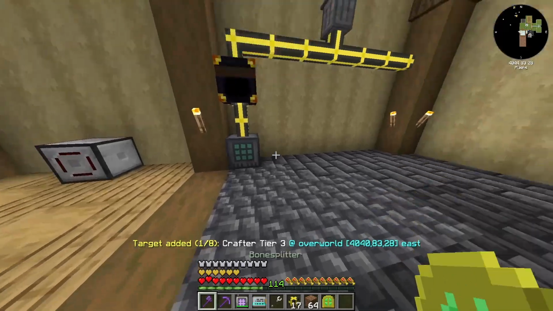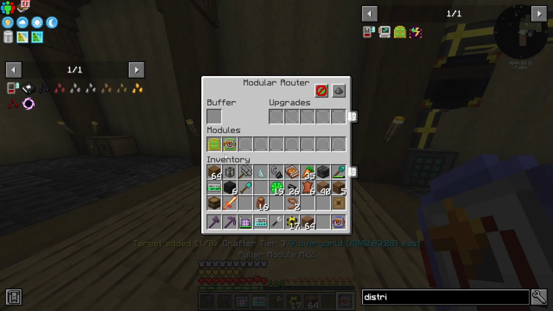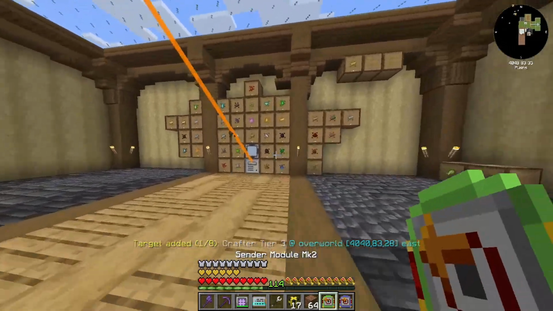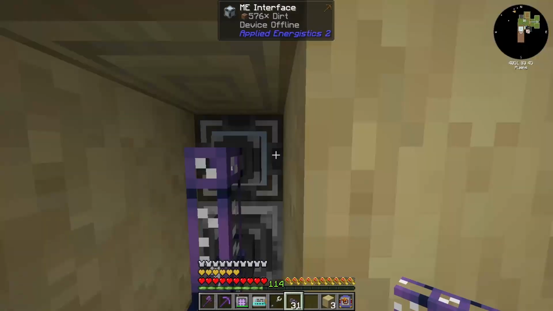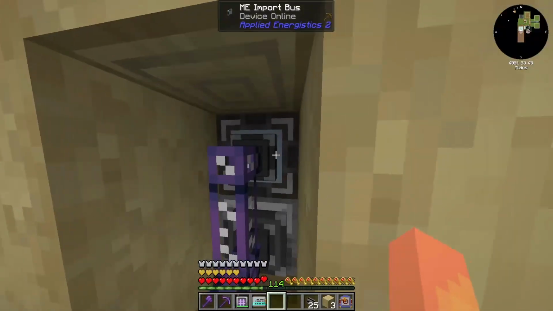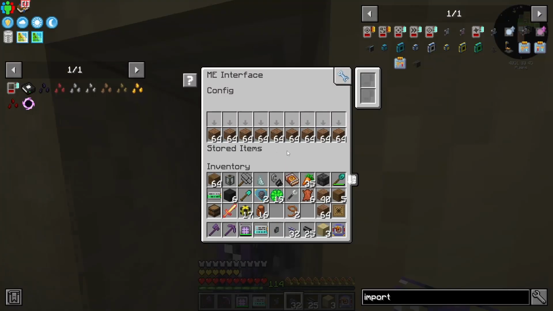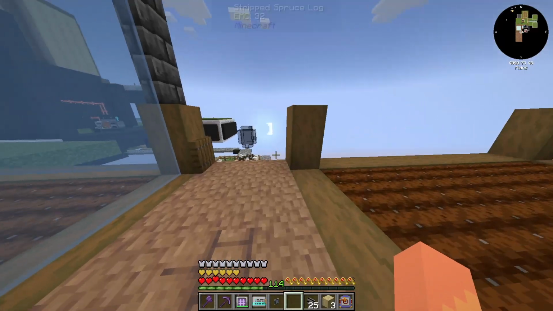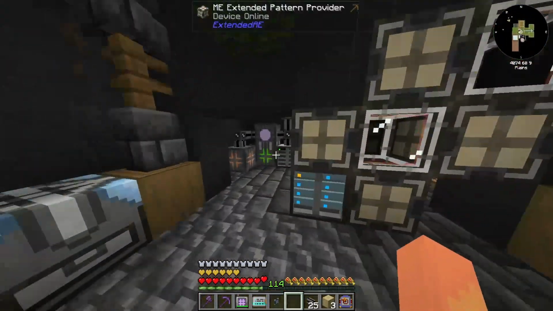And we're going to use a distributor module because we're going to have multiple of these crafters. And then that can send to the interface, I think. Hopefully. Missing channel. Okay, but then maybe I don't need the import bus because it was just missing a channel to begin with. There we go. All of that dirt should go into our system and preferably into that